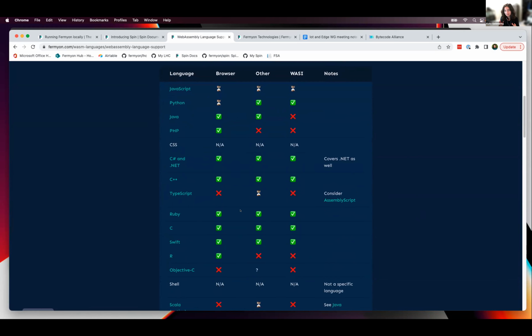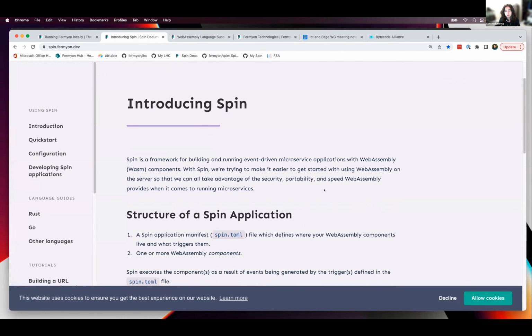So it's very simple. You take your code and you just compile it and then run it on top of a WebAssembly runtime. So that's the executor there. So I'll go ahead and kind of show that. So Spin is our open source